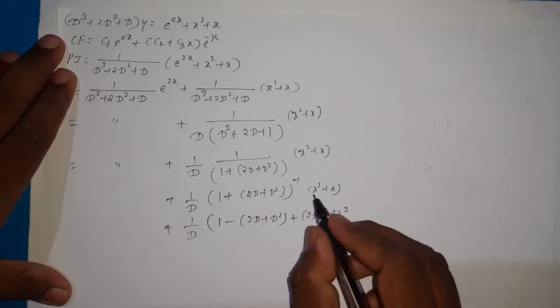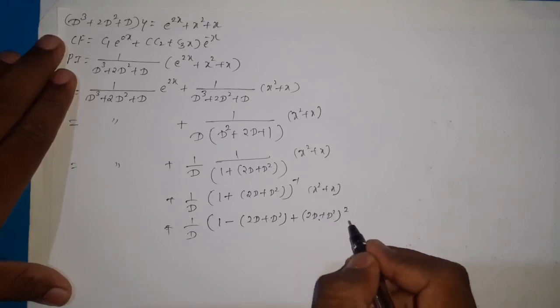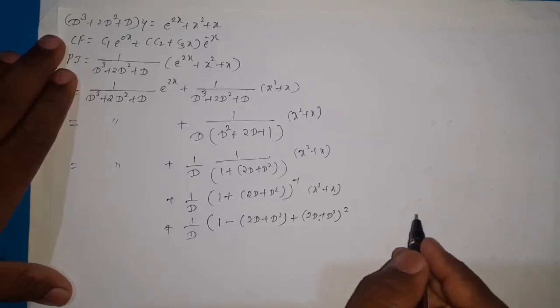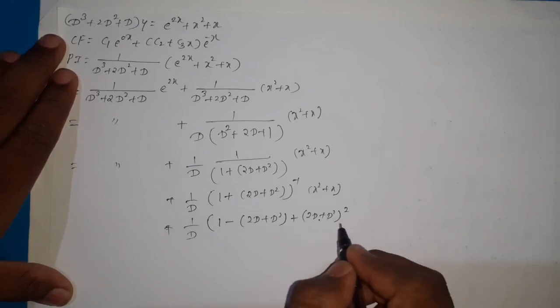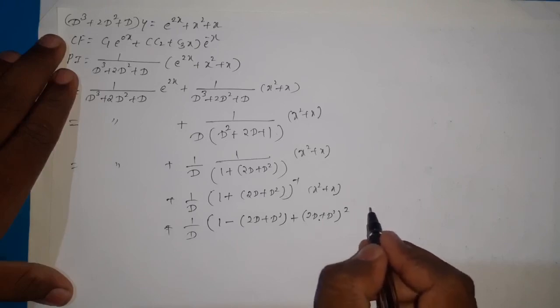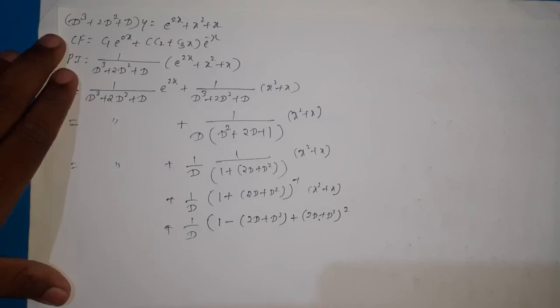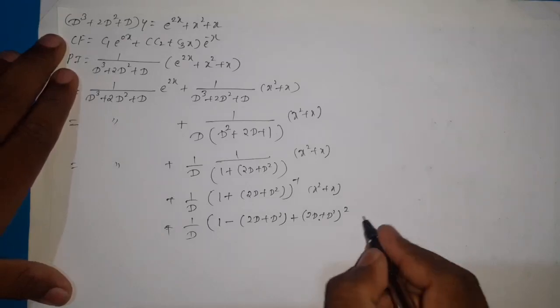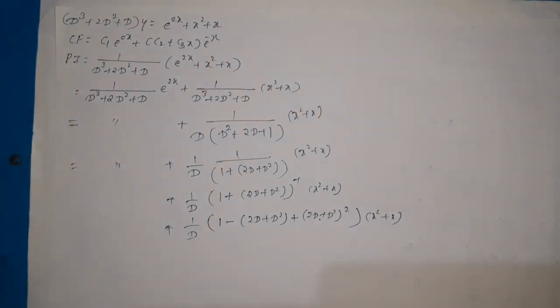I think it's enough because the highest power of x is 2. Then after expansion here we can get D square, and if you consider the next term, that is of the form D cube, right. So therefore here no need to consider the next term, x square plus x. If you are getting the D square term in the next term, then you have to consider that, but here 2D plus D square whole cube will be there, then after expansion of that one,